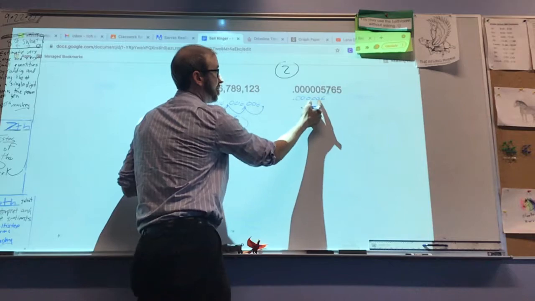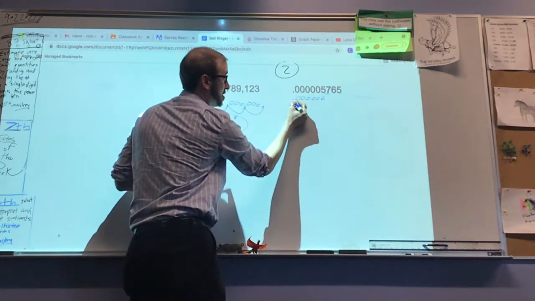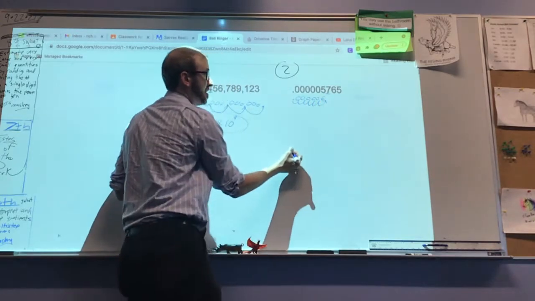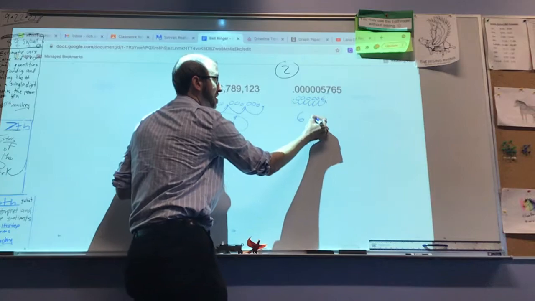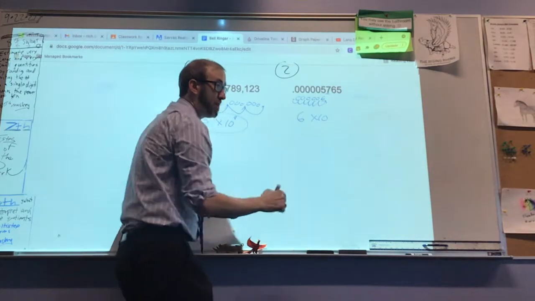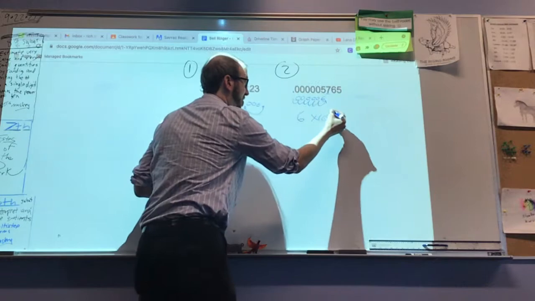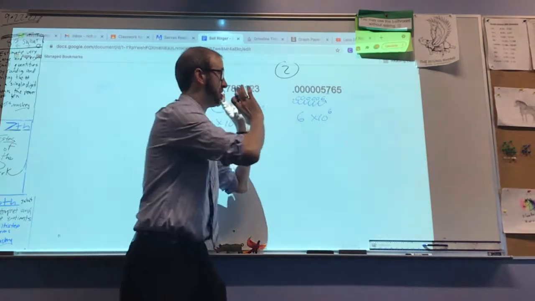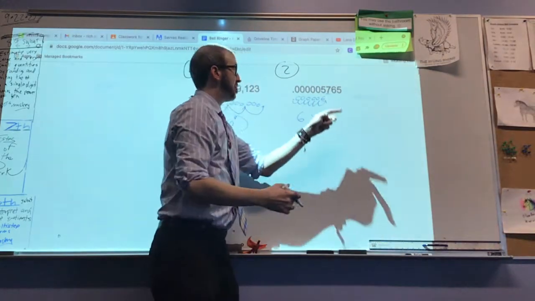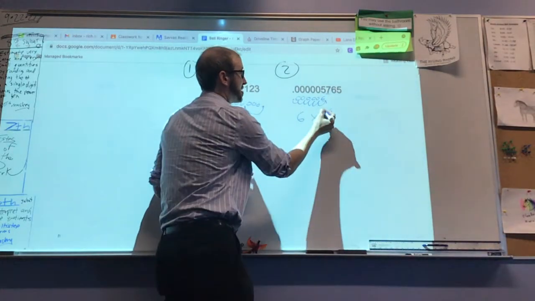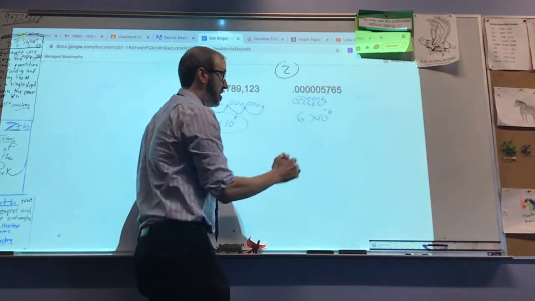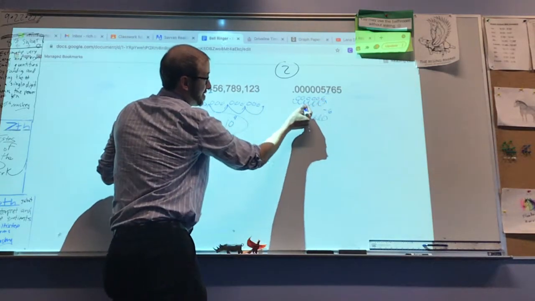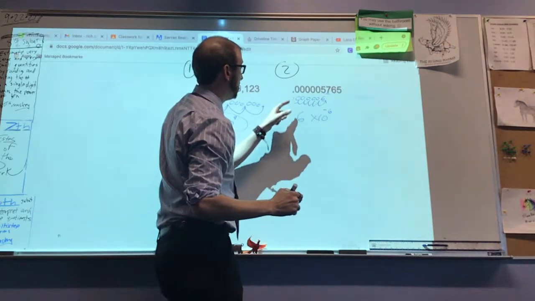We have to see how many places we move it to get it to the 6. 1, 2, 3, 4, 5, 6. So it would be 6 times 10, and since we moved it 6 places, the exponent's going to be 6. But if it was a positive 6, that would get this to be a gigantic quantity. Since it's a really small quantity, it's going to be a negative exponent. Because if we moved it back, the negative tells you to move it to the left. And if you move it back to the left 6 places, you would get